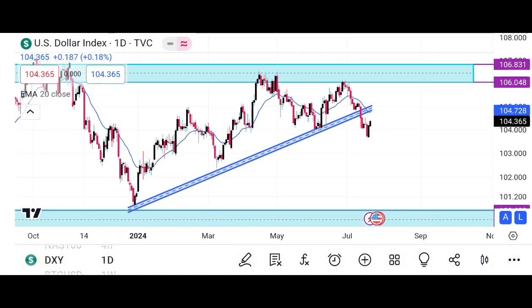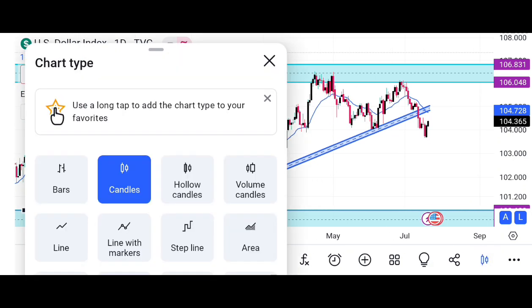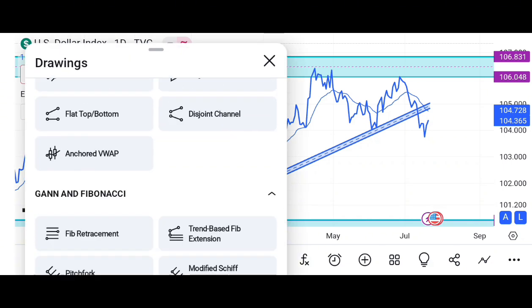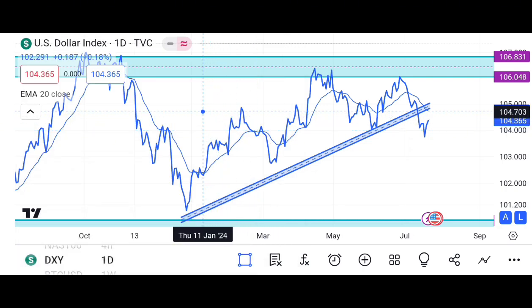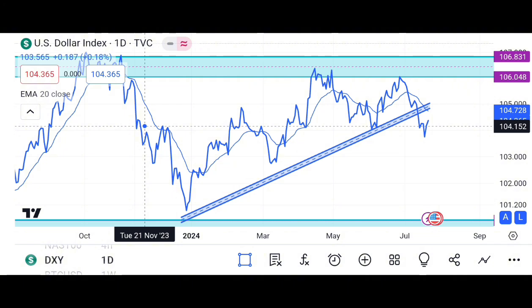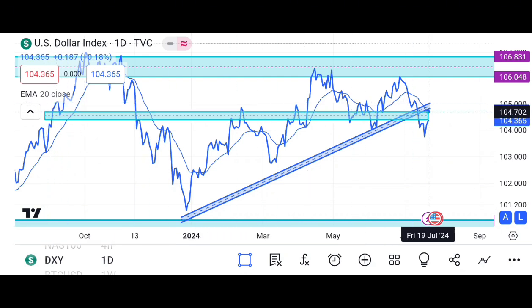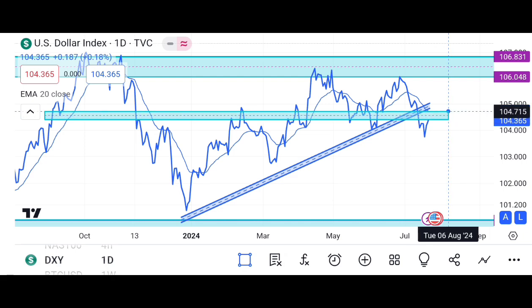And again, as I zoom a little bit out in line chart mode, I see inner zones. I'm going to be taking my rectangle and trying to find zones. Trying to find the zones, guys.